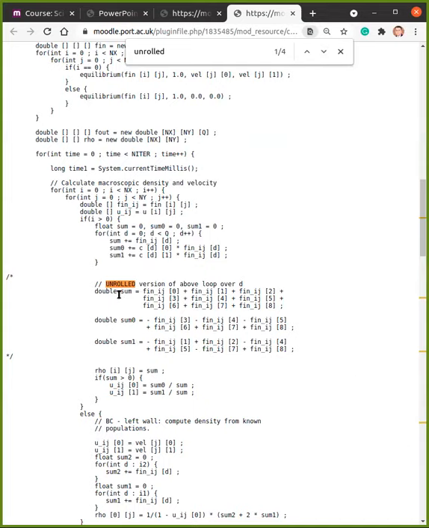The unrolled code here unrolls the loop by replacing this loop, for instance here, with an inline sequence of operations